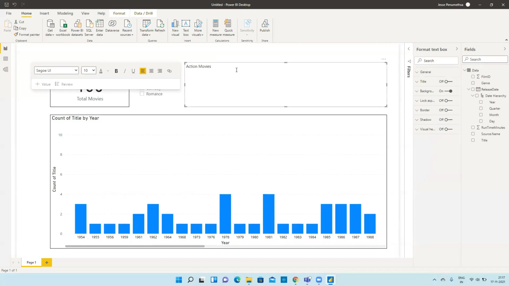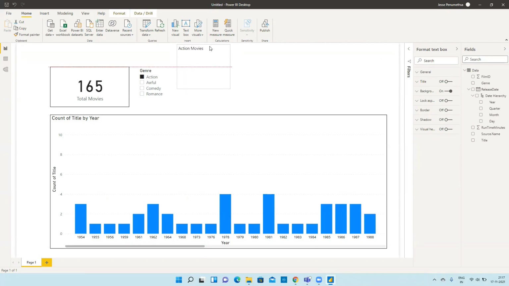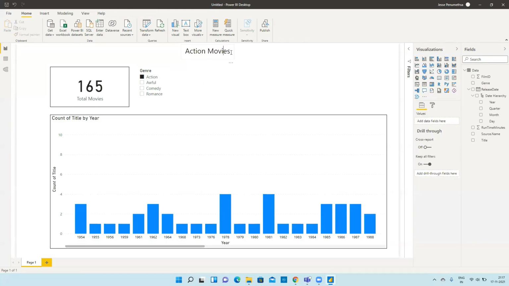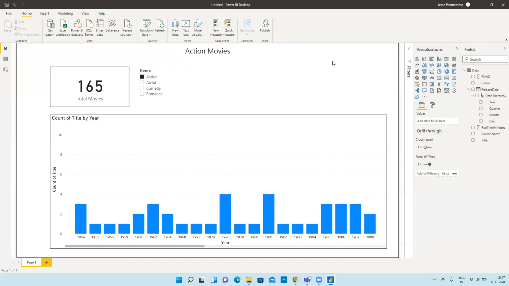I'm just taking the heading, so let me adjust it and align this as well. I don't want any background for this. This page title is action movies.